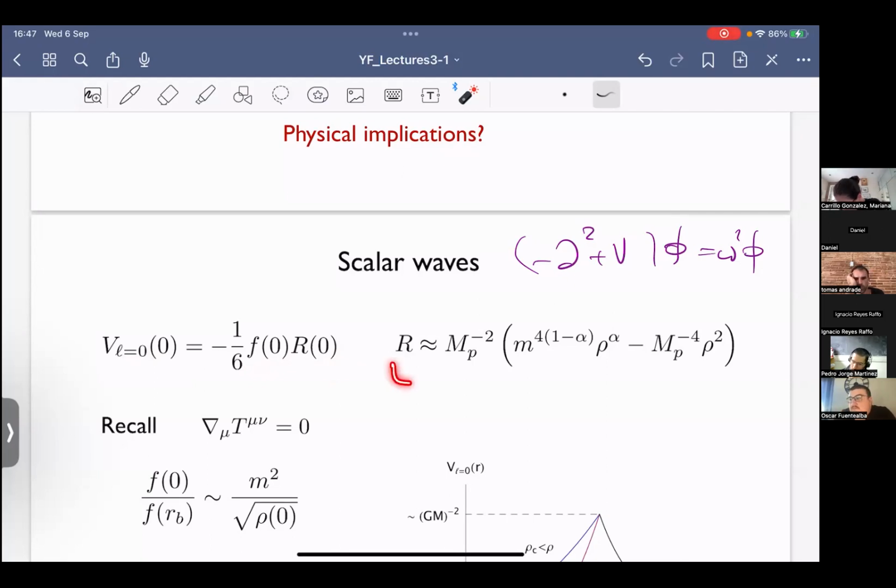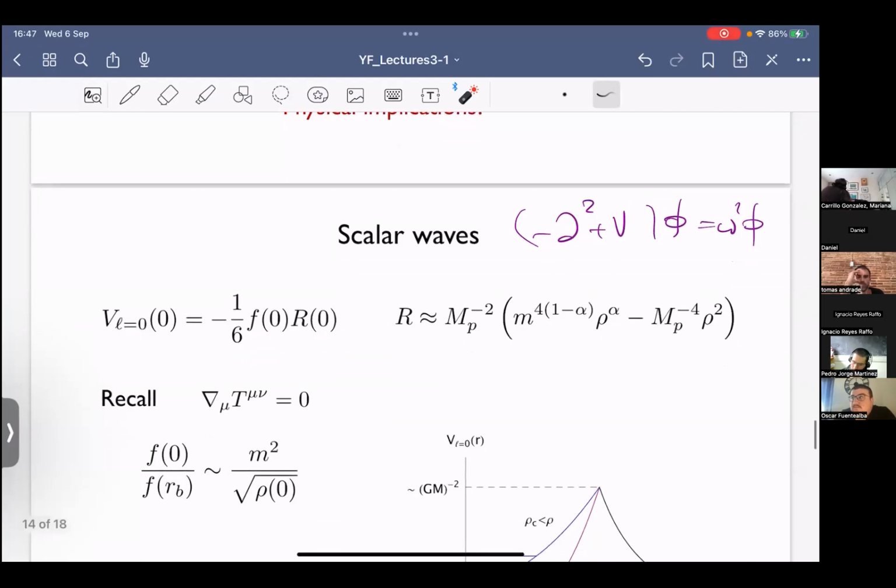As we just saw, the Ricci scalar takes this form. It has the classical contribution, and then there's the quantum contribution. So we already know how to deal with this. And yesterday,